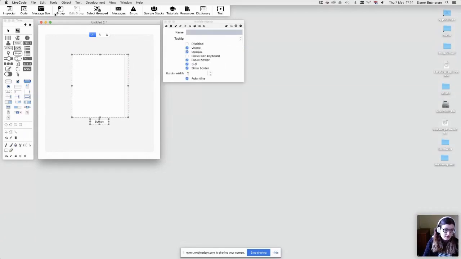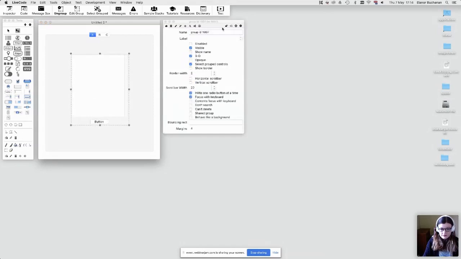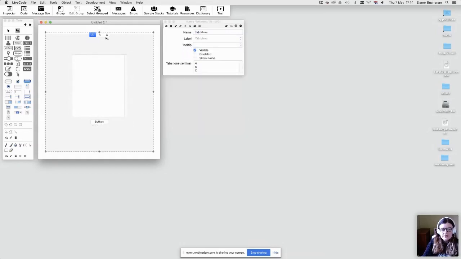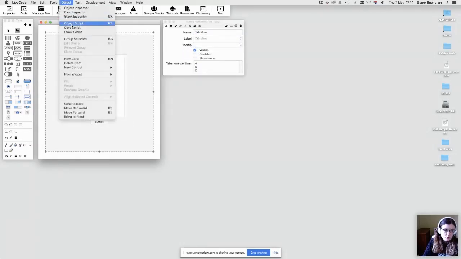So what we'll do is we'll group these two together. So I've just selected both of these controls. I click the group button, which creates a group here. And I'm going to call this group A. Let's make it nice and easy. And then what we need to do is add some code to the tab panel itself. So if I open up the object script for the tab panel,